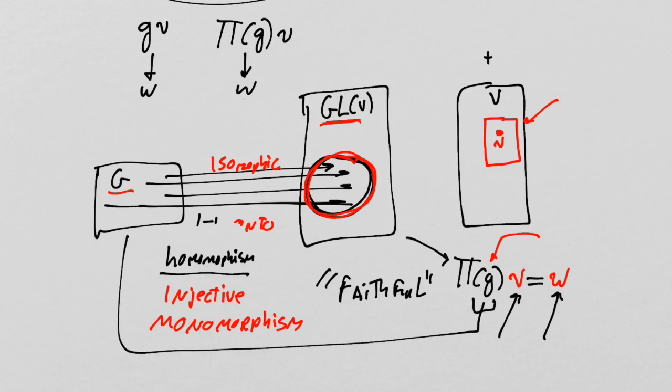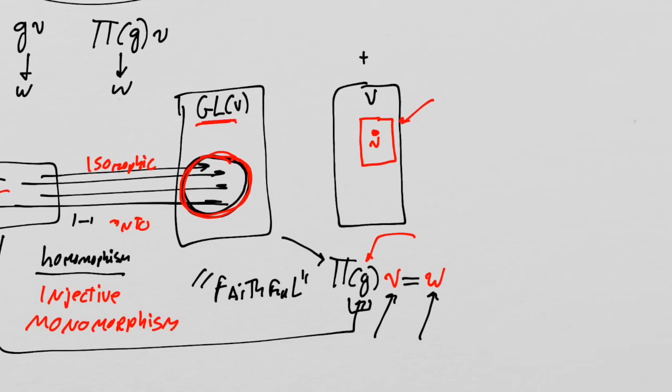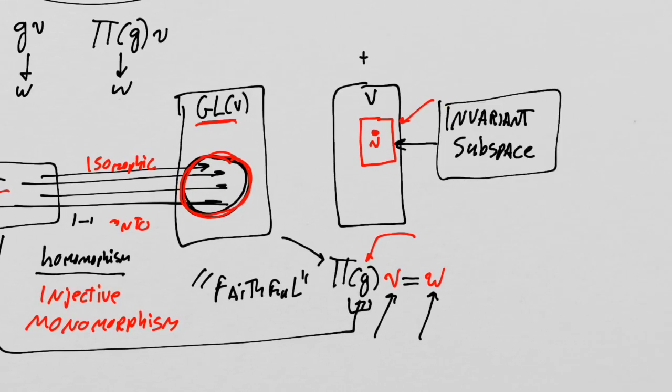So I could take any element of G, find its representative, and if I act on an element inside this little subspace, then I get another element inside that little subspace. Okay, if I can find a subspace like that, it's got a name. It's called an invariant subspace